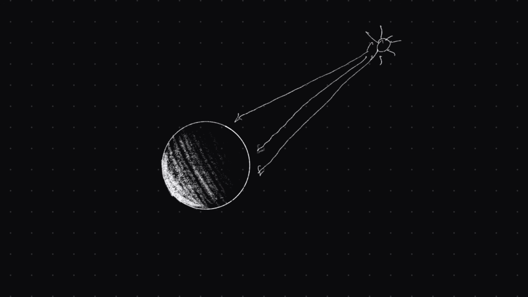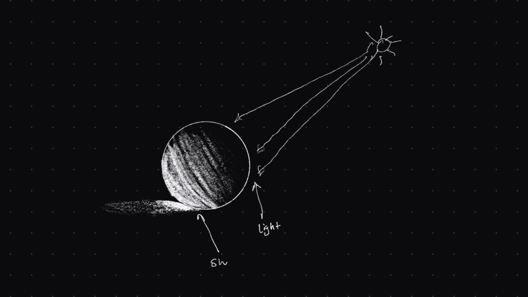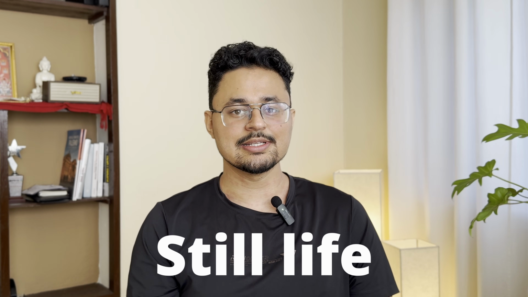Finally, the object blocks the light that would have fallen on the ground. This results in a shadow cast by the object. This shadow is always in the opposite direction from the light source. Now, one important detail to remember is that shade is always on the object and shadow is always outside of the object. While this process is applicable for a single 3D object, you can also use this for a set of 3D objects placed in front of you, which is called a still life.